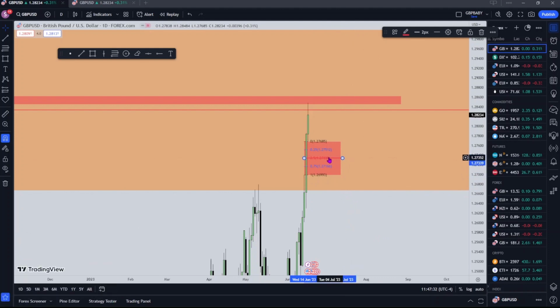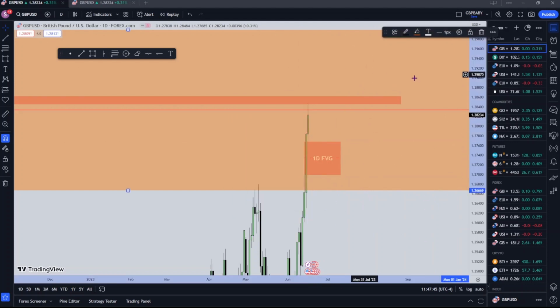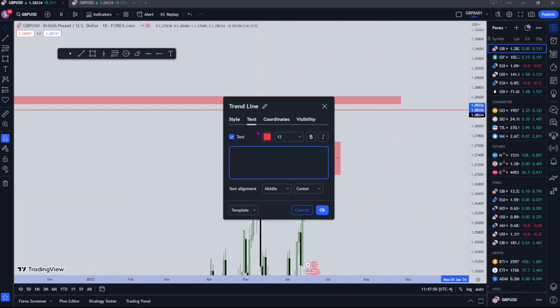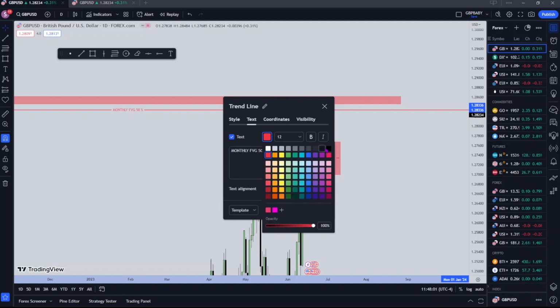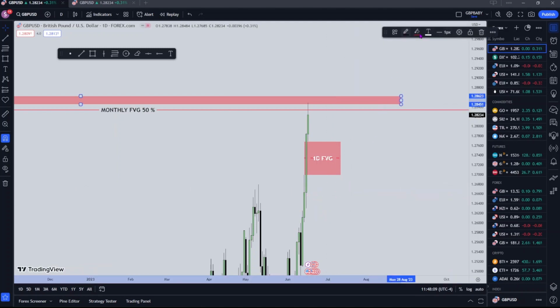1.27339. That's fine, dashed, and this is the daily fair value gap. I am going to get rid of this massive orange box because that's going to distract me, but we know that we are currently in a monthly fair value gap. I'll write down this here, monthly 50%. There we go. And then this is a 4-hour fair value gap